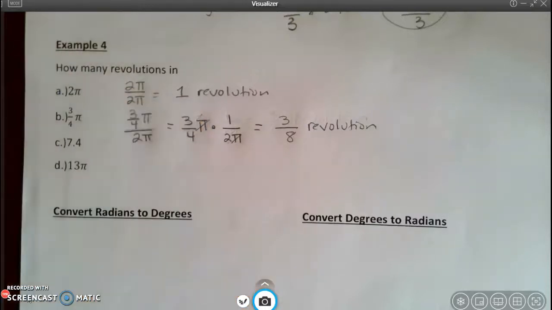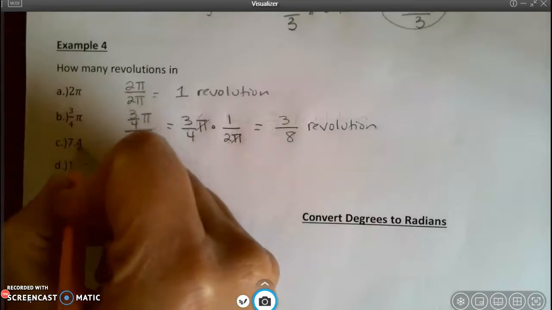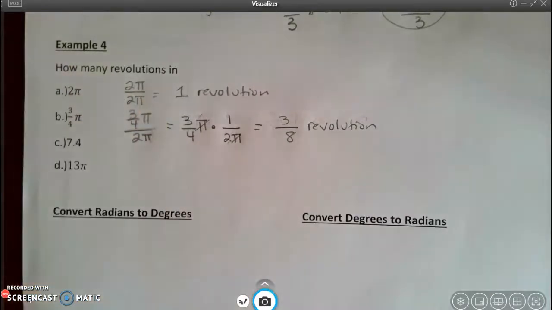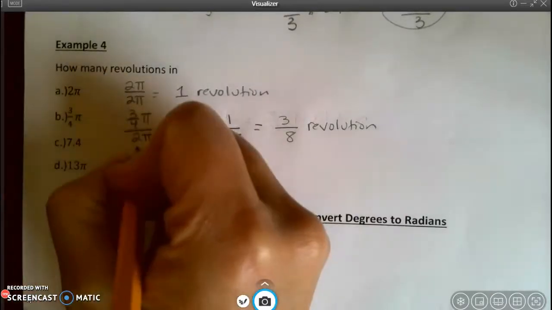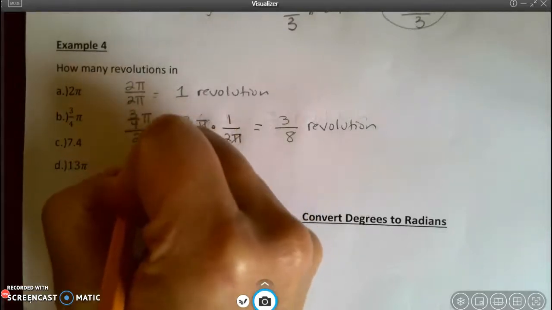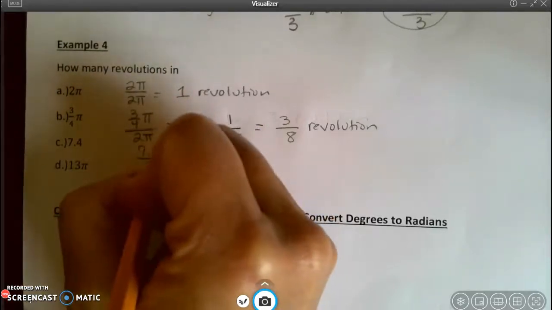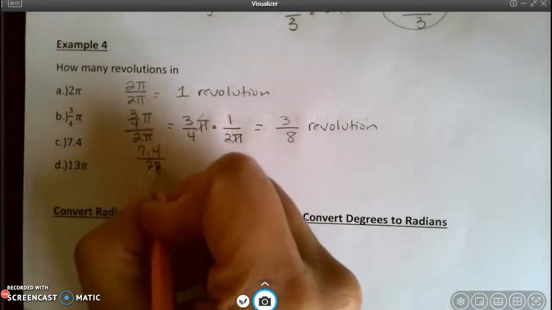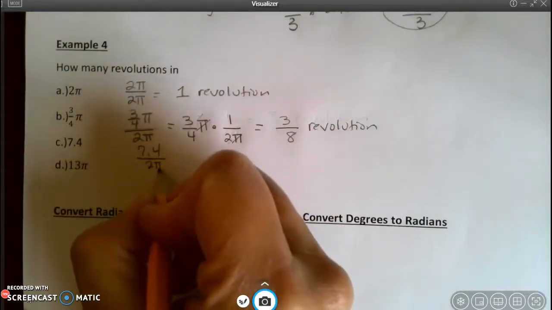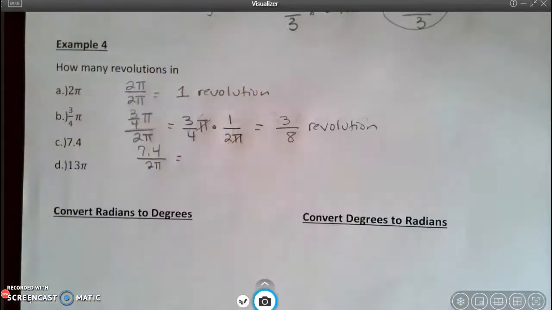3/4 pi, if I had wanted to, I could have multiplied it out, and when I multiply 3/4 times pi, I would have gotten approximately 2.356. 7.4 just means the pi has already been multiplied out. So we can simply take 7.4 and divide by 2 pi, because that's how 2 pi radians are what is in one complete revolution. So on my calculator, I'm going to take 7.4 and I'm going to divide by 2